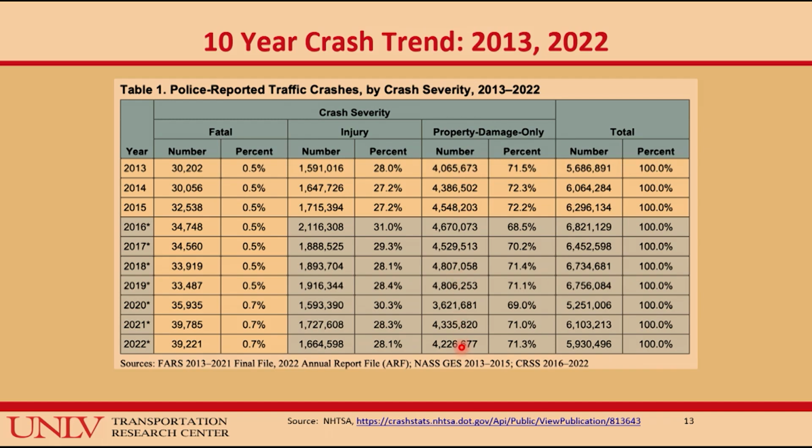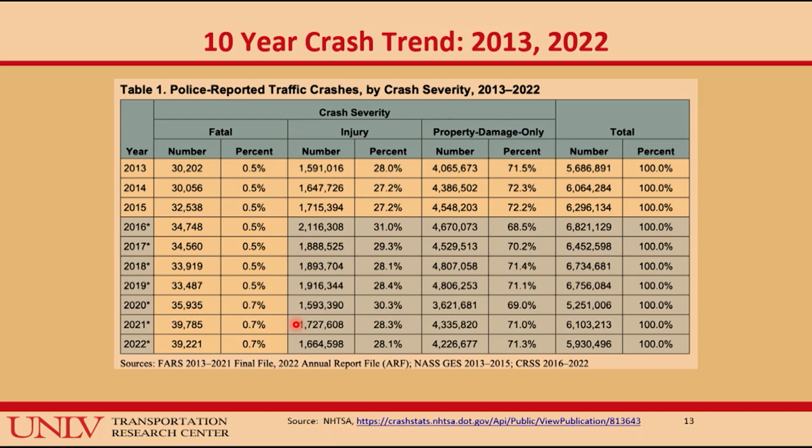I digress. So this one gives you, for 10 years, 2013 to 2022, crash severity: number of fatal, number of injury, number of property damage, and total number of crashes. These are the numbers at the bottom of the pyramid I showed you earlier today. So what you're seeing is that it went up from 30,000 to 39,000. It seems to have stabilized in 21, 22 in total number of fatal crashes, but fatalities we will see in a number. Injury crashes seem to have reduced. There are some COVID implications in the years 2020, 2021 for sure that have disrupted travel patterns.